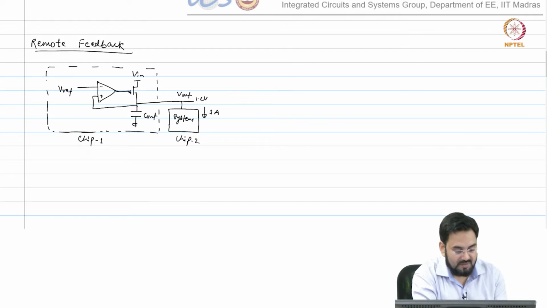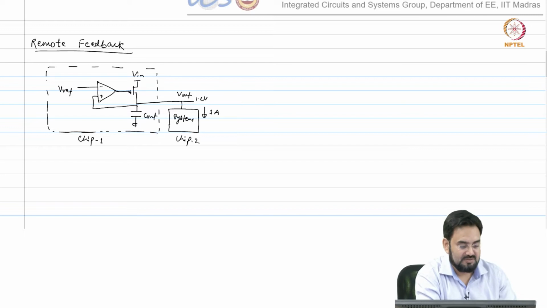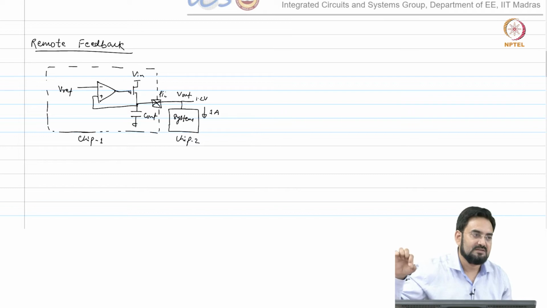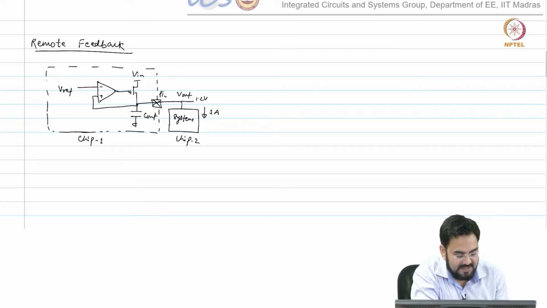Now if this has a local feedback, your output is here. If this is your V out pin, then on board how do you connect? You have traces running and your feedback is coming, I mean the best you can achieve is if you take the feedback from the pin.